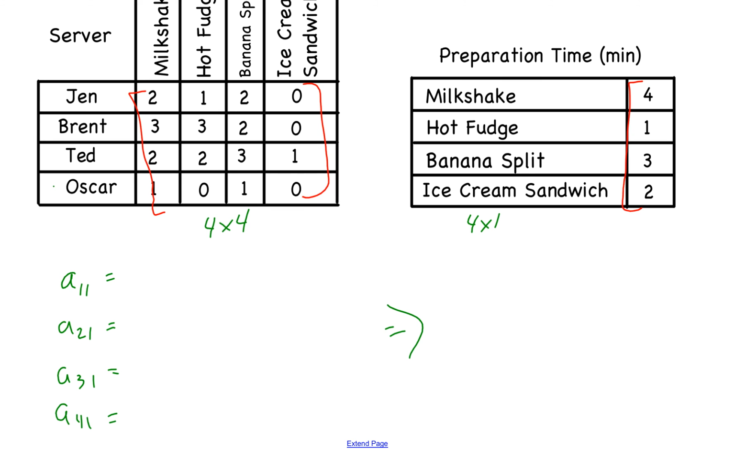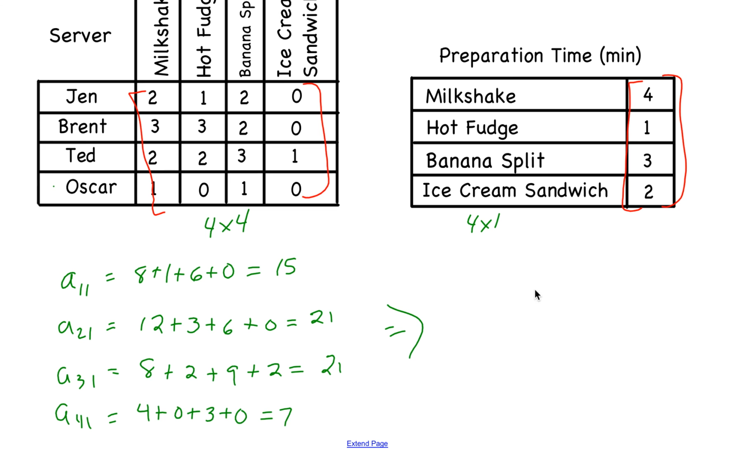This is a 4 by 1, and I'm going to go ahead and multiply those. When I multiply those, row 1, column 1, row 2, column 1, row 3, column 1, and row 4, column 1, I end up with this matrix. So that is my resulting matrix. Jen spent 15 minutes, Brent 21, Ted